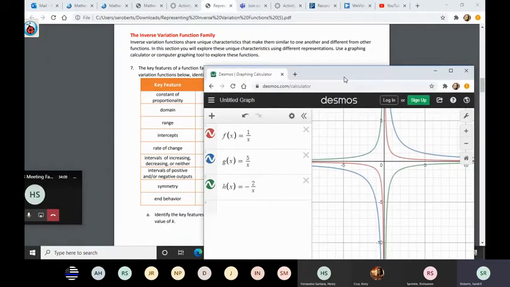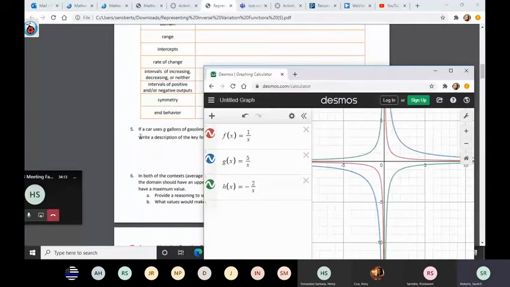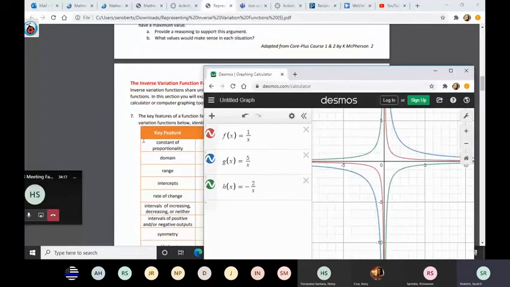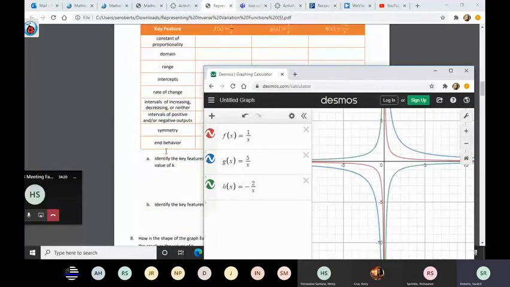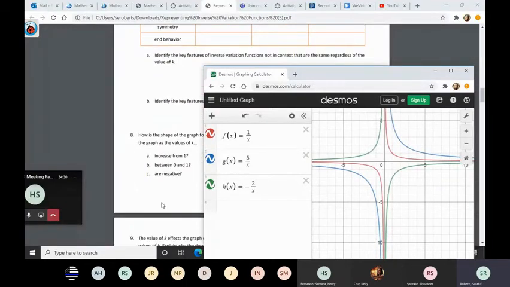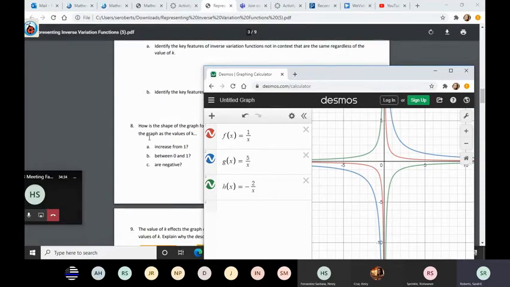And all you're going to do, you can go back to number 5 that we did together today, because it asked us for the key features of that graph. And you can just emulate what we wrote for number 5 here, but for each of these new functions. So I would go ahead and graph each of those new functions out and then look at the key features. Let's see, then it says identify key features. This is just it asking you to fill out the table.